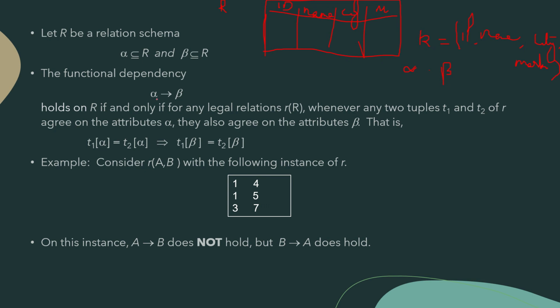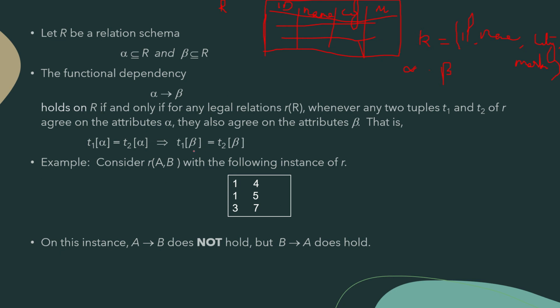So we can write the functional dependency alpha implies beta if we know the corresponding value of alpha, then we can uniquely identify the values in beta. That means if you take any tuples from this table, any tuples means we can select any 2 rows from this table. Then for every value of alpha, if we can identify a unique value of beta, then we can say that alpha implies beta. That is, if T1 and T2 are any 2 tuples, any 2 rows from this table, and T1 of alpha is equal to T2 of alpha, that implies T1 of beta is equal to T2 of beta.